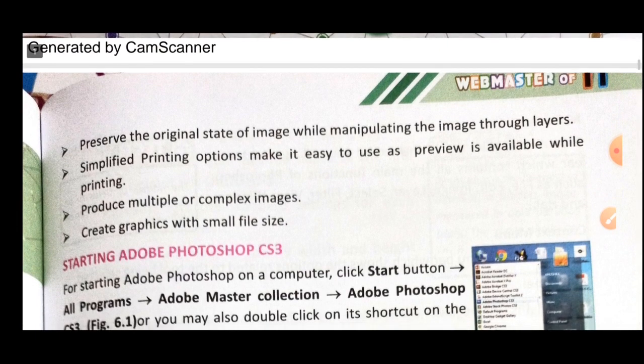And the main part of this Adobe Photoshop technique is that the previous image is stored, and all the working, all the changes, all the editing are done on a layer of the image. First of all, we put a layer on the image. That layer is transparent, and we usually do our changes in that layer only. And when we want to see the main picture or the previous picture again, we can do it. And with the help of Adobe Photoshop, we can simply create complex images also.